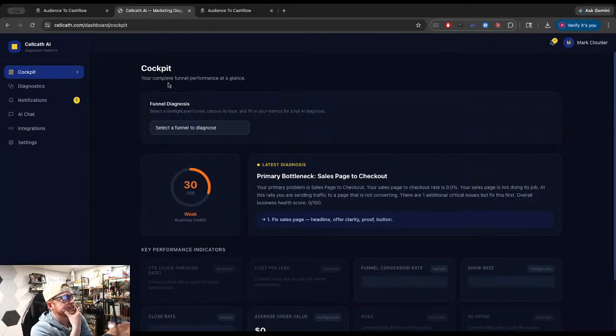So basically the goal is somebody can run their funnel, ads, etc. through this custom software and essentially get as accurate or a better diagnosis than I would give them on a call. And what's cool is